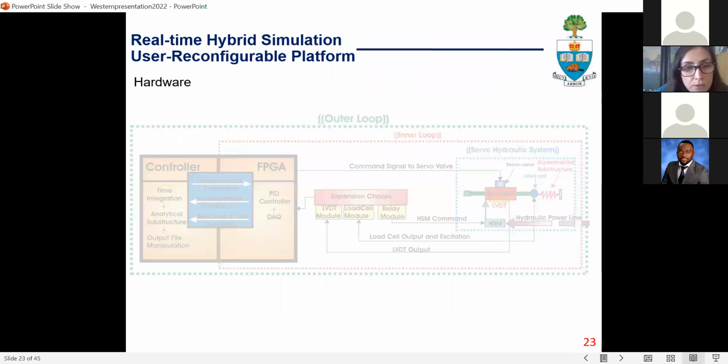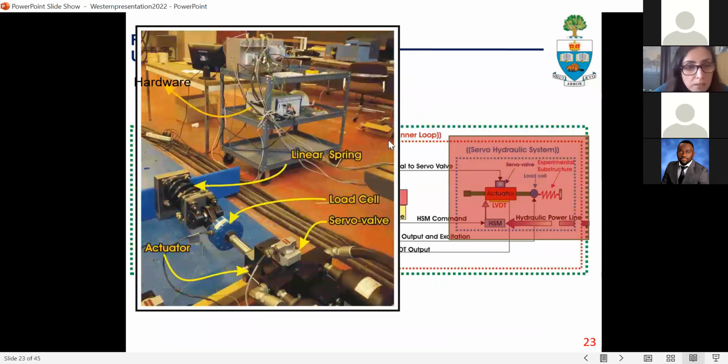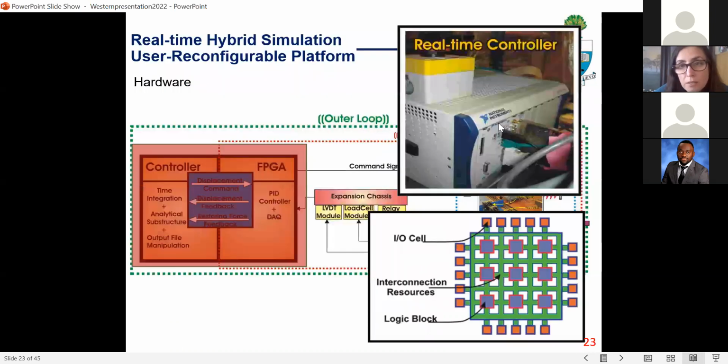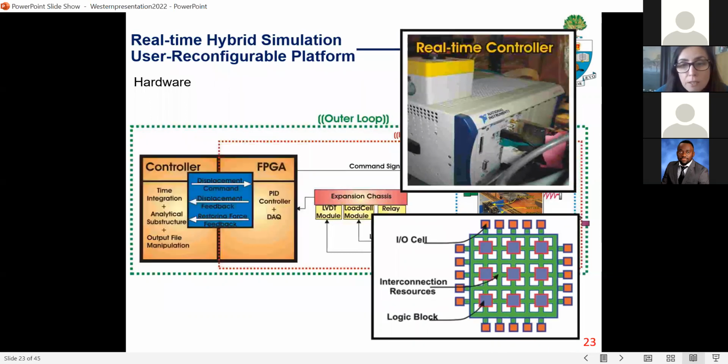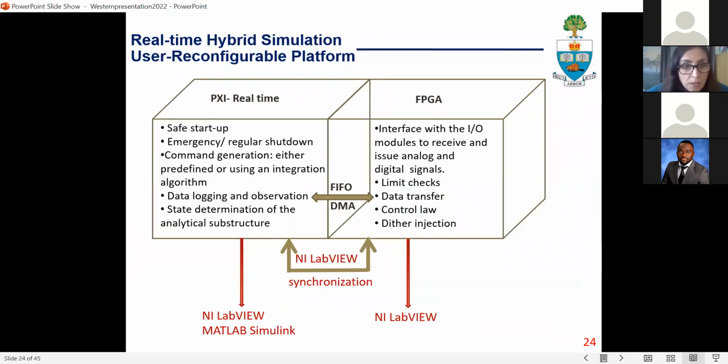And another real-time hybrid simulation platform that we developed at the University of Toronto is using hydraulic actuators and a generic National Instruments controller. So we purchased a real-time PXI controller from National Instruments. It has field programmable gate arrays. You can think of them as programmable chips. And we have also developed our own custom data acquisition system. And this was quite a